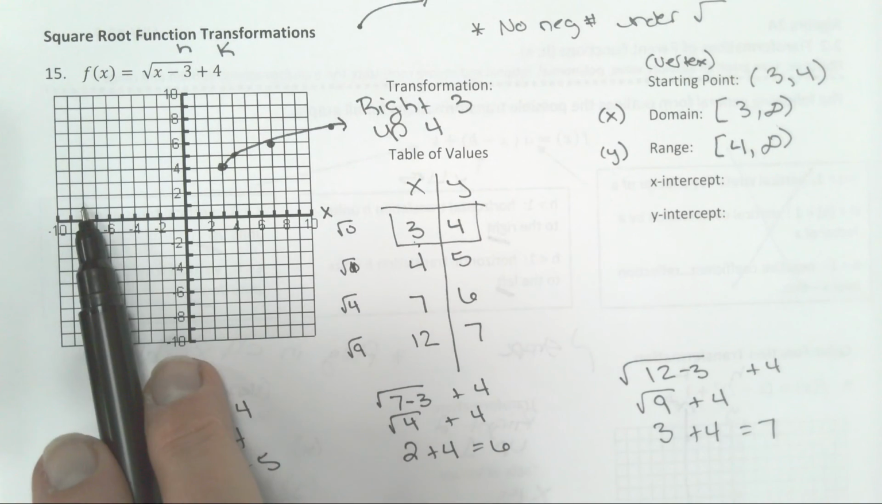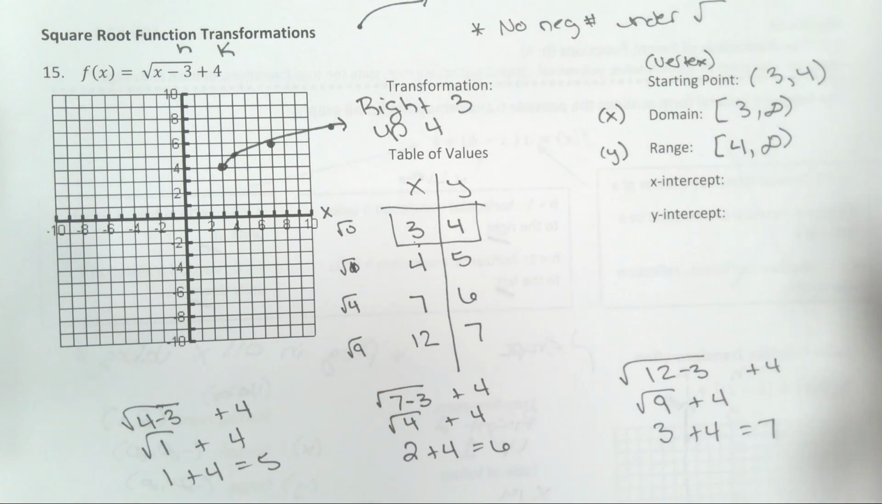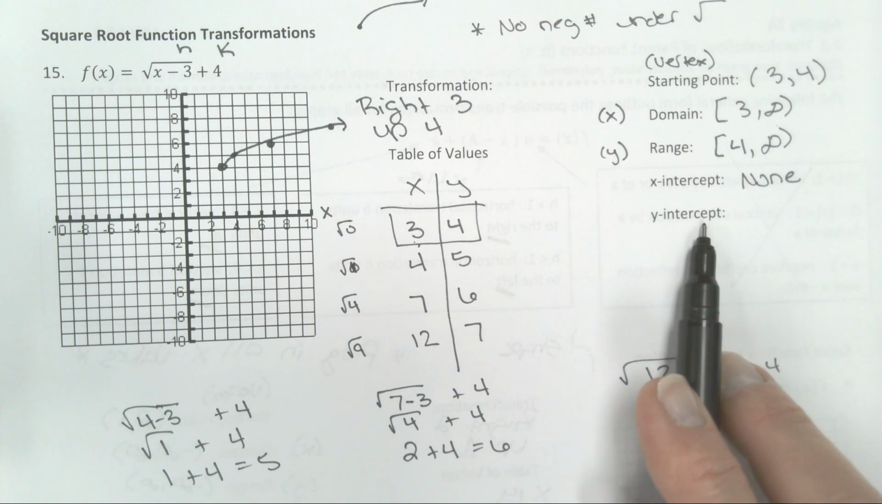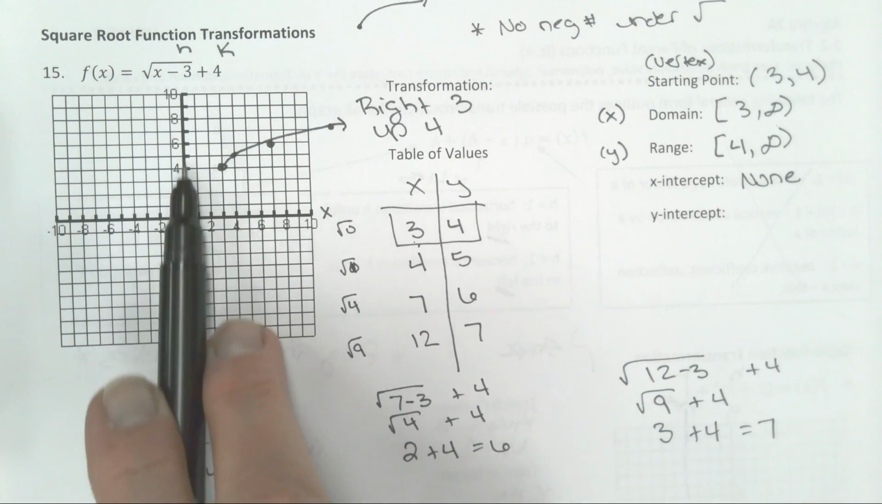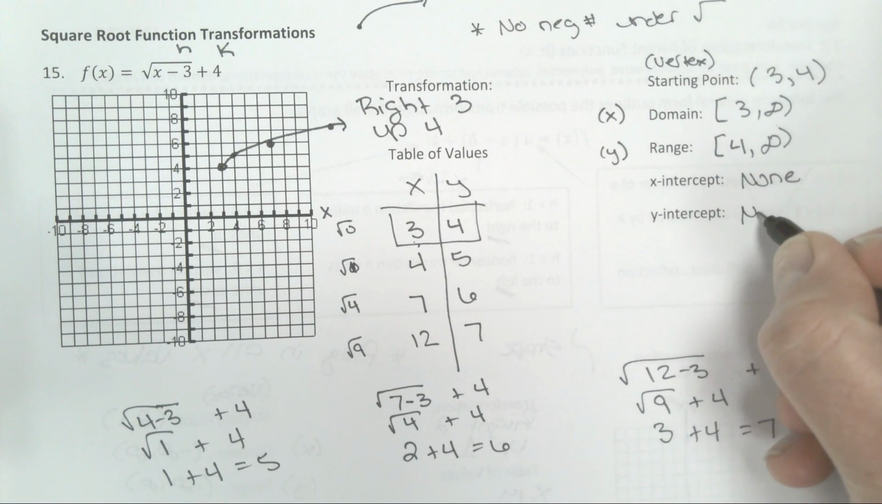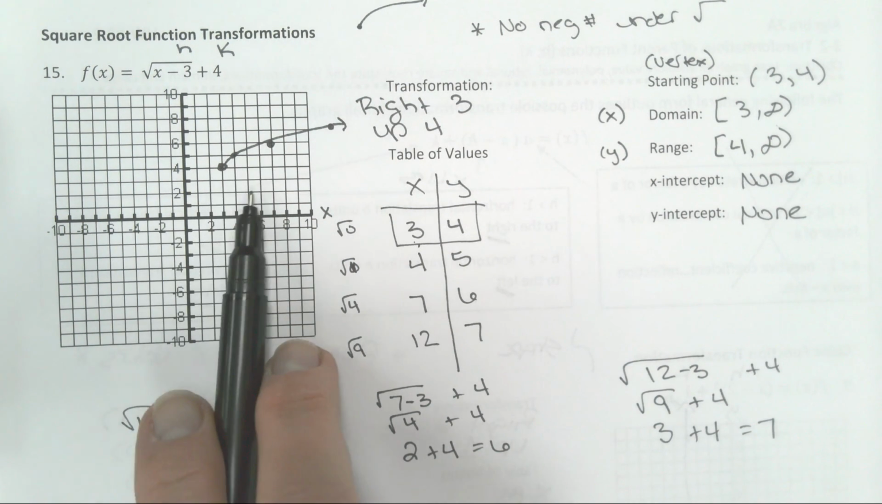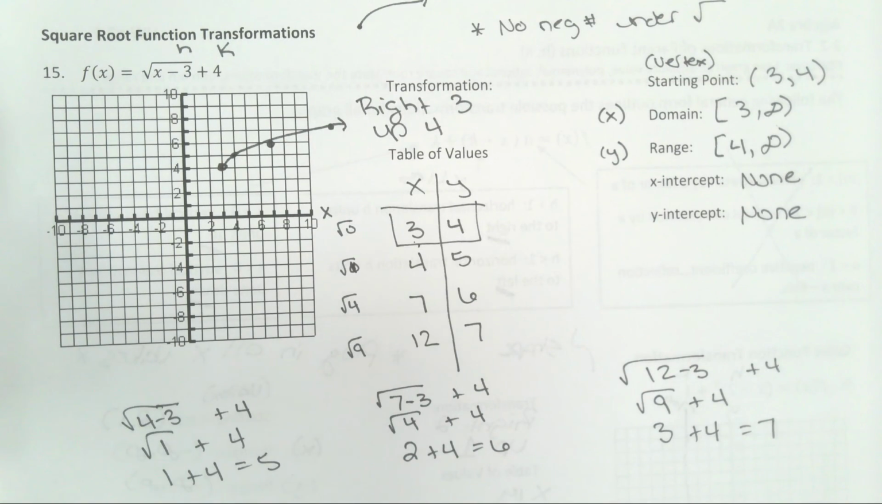Your x-intercept, where does your graph cross the x-axis? It does not. None. Where does the graph cross the y-axis? It does not. That one is also none. So if it shifts in such a way, it might not cross either of them. So that is how you graph